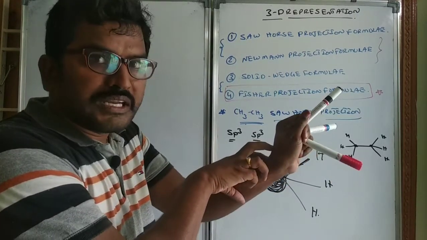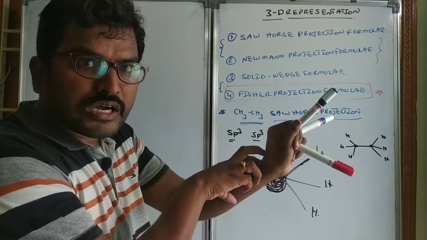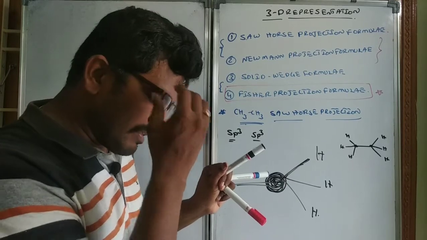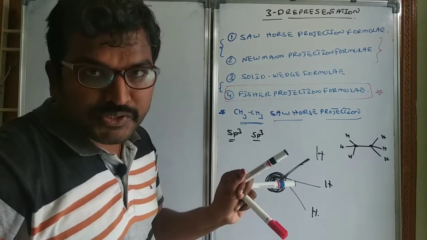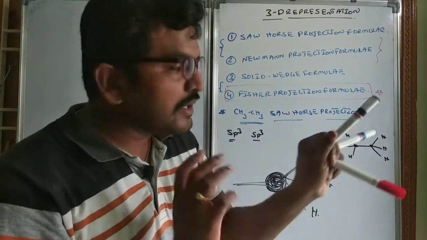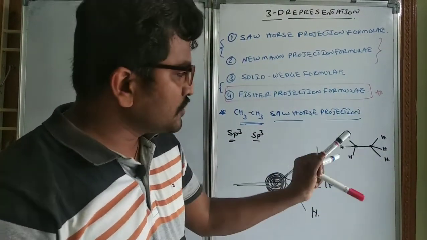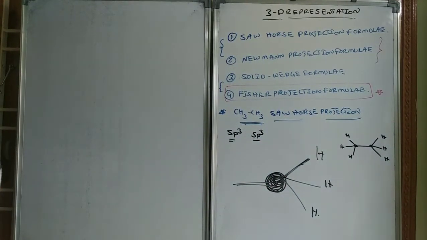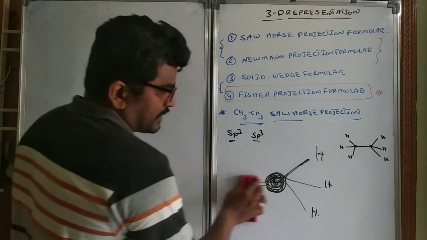The structures obtained by rotating carbon atoms along a carbon-carbon single bond are known as conformers. Clear? How to write those conformers I will explain in a different video. Just now let me tell you how to represent these things. Whenever we are representing any two-dimensional formula as a three-dimensional formula, since they are sp3 hybridized, they will be present in different planes and understanding them will be a little complicated.